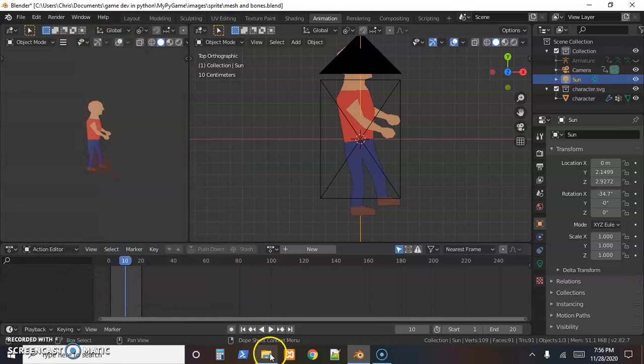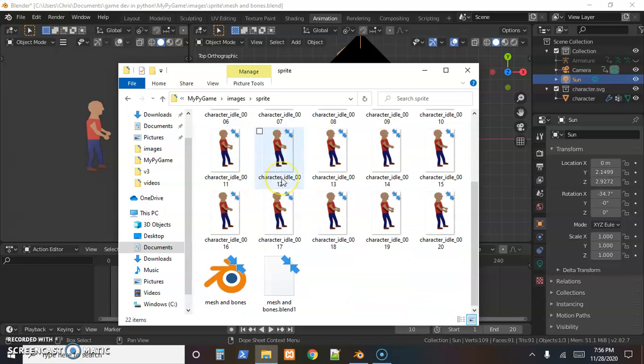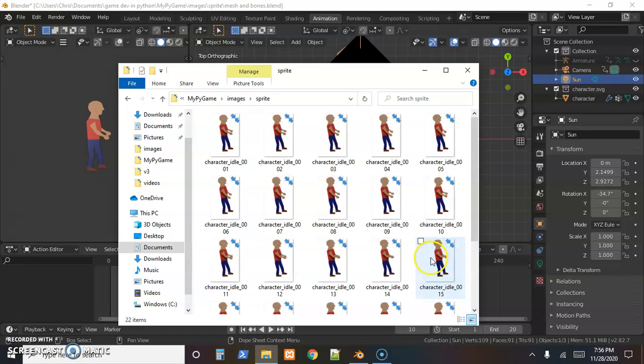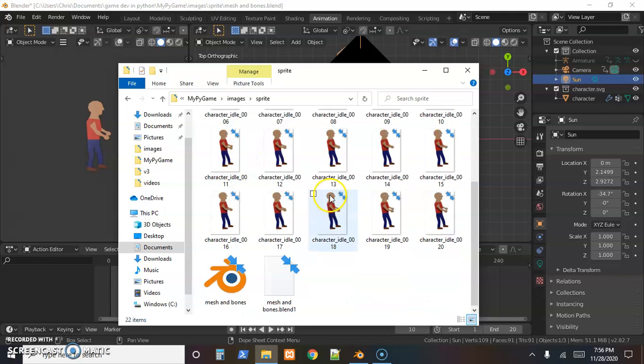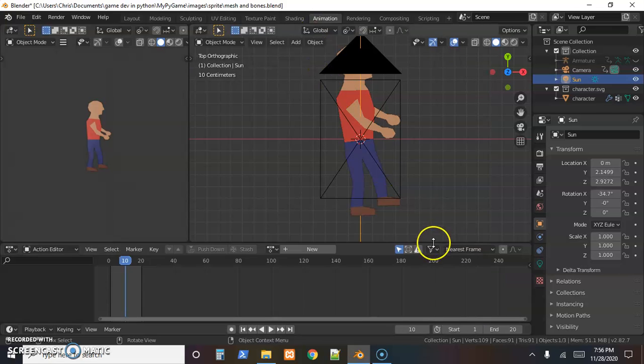So our idle animation, if we come over here, you see we have a lot of files. And notice it just added that 0001 afterwards, up through 20. So we will have to make a slight adjustment because you'll notice there's 4 digits, 0001 or 0013. So we'll need an if statement to tell if we're above or below 10 when we get back over to Python. But it just gives us that name and then all of those things